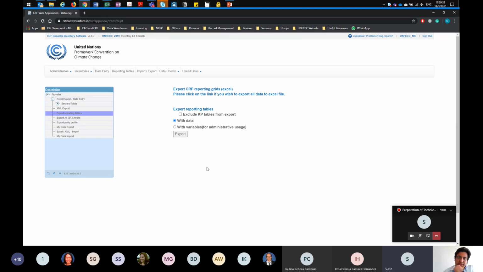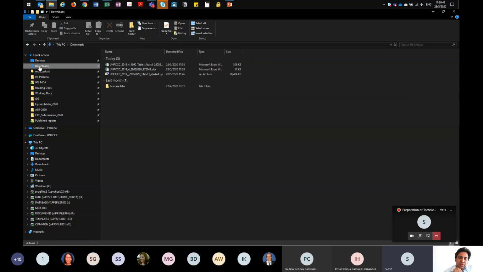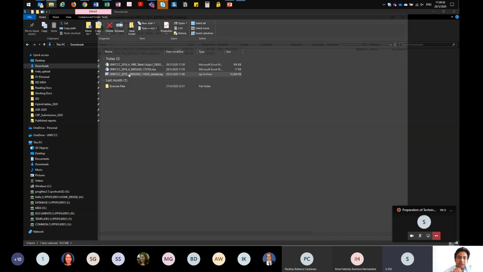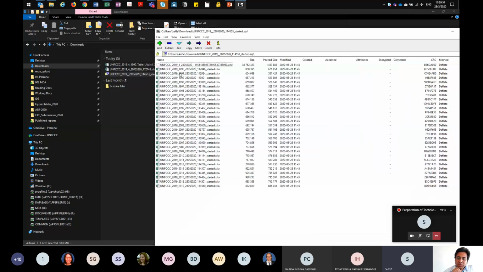So in order to save time, before this webinar, I had already exported this file to show you what the export looks like. So let me show you how this exported file looks. You will have the zip file. You can see that there is one file for each inventory year that I have created.